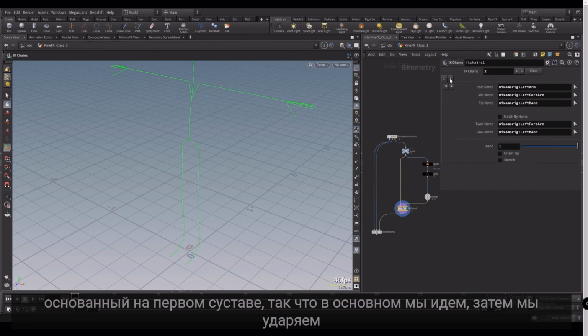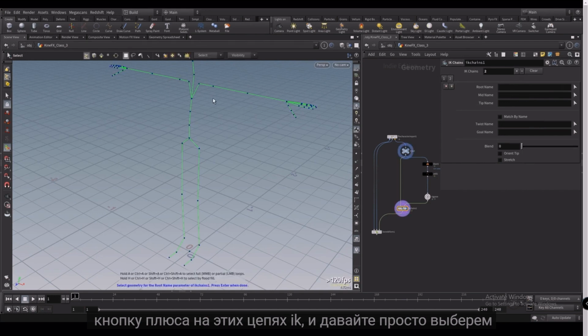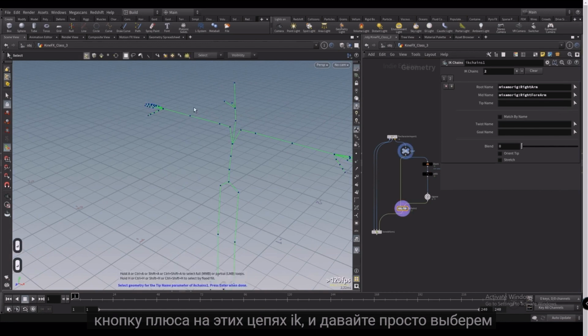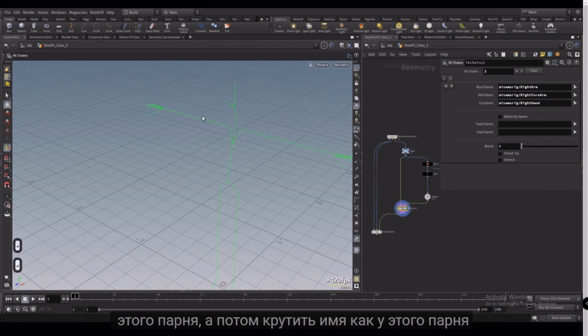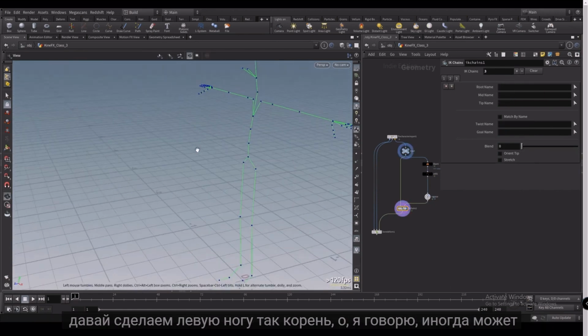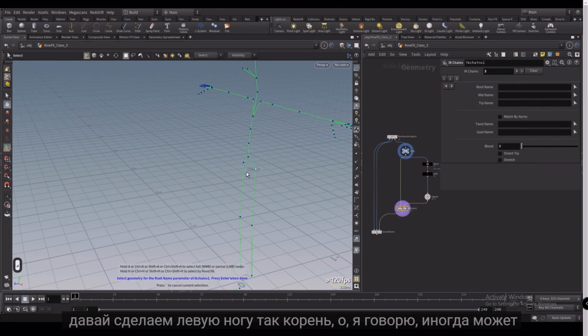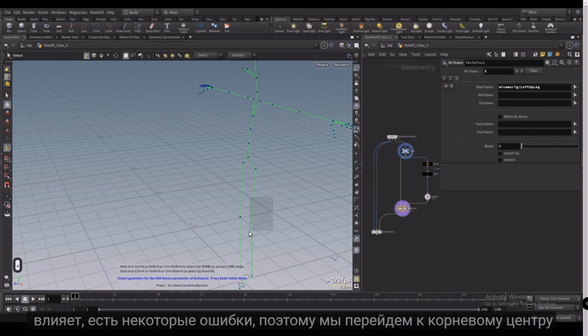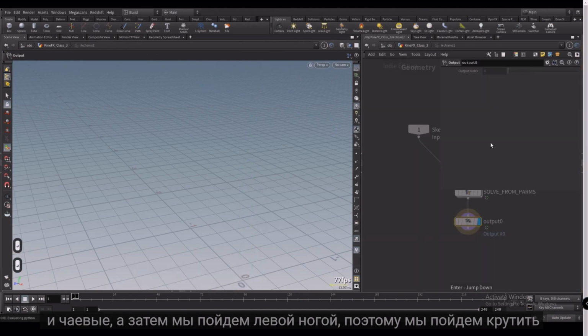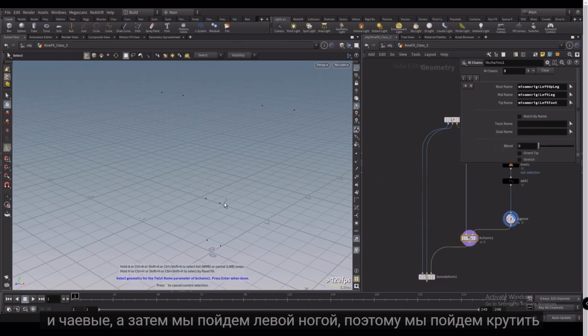joint. So basically, we hit the plus button on this IK chains, and let's just go ahead and select this guy, and then twist name, select this guy. So that's our left arm done, and now we'll hit plus, we'll add a third one. Let's do the left leg. So root. Oh, one second, sometimes KineFX has some bugs. So we'll go root, middle, and tip. Then we'll go left leg. So we'll go twist,